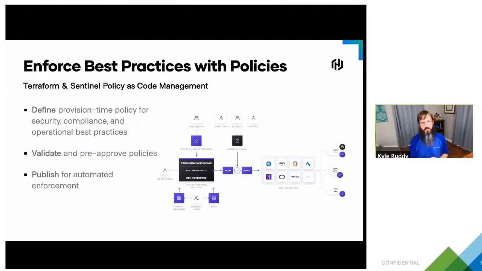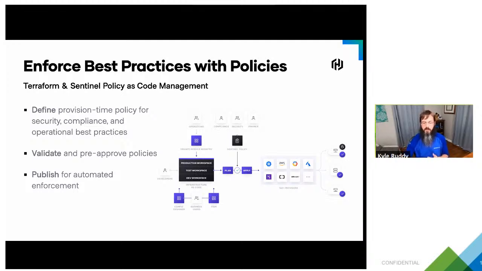Then we have some enforcement, and this comes down to this notion of policy as code. Being able to trigger something at the end of a Terraform plan process or operation, and being able to check what's actually happening, or what type of infrastructure is going to be deployed, so that we can wrap around some policies and rules and restrictions around what type of infrastructure is going to be deployed, making sure that those are following